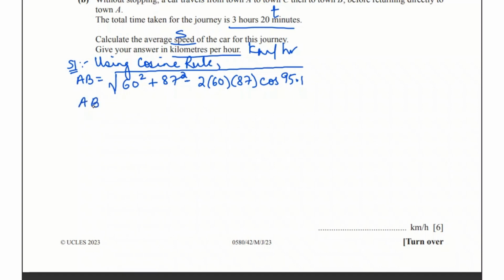So AB equals to 3600 plus 87 square is 7569, minus cos 95.1 is